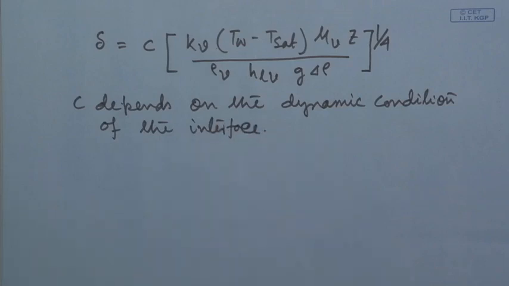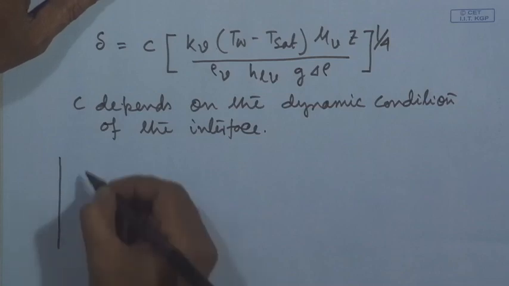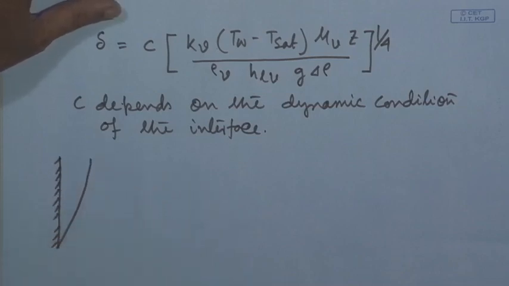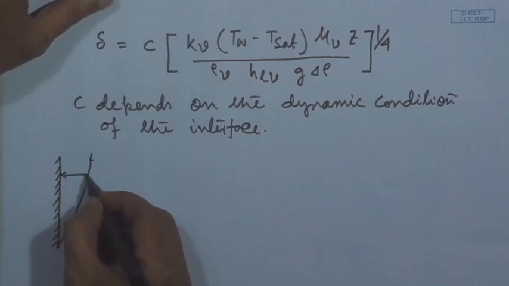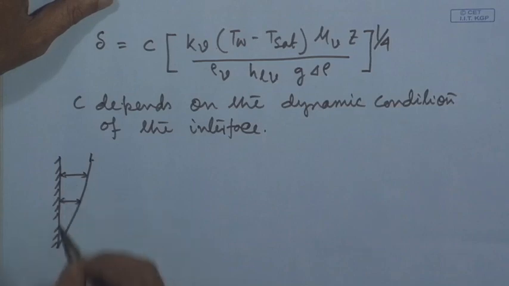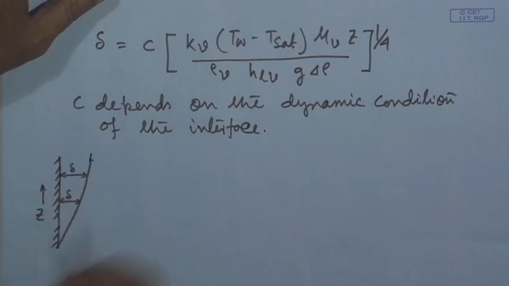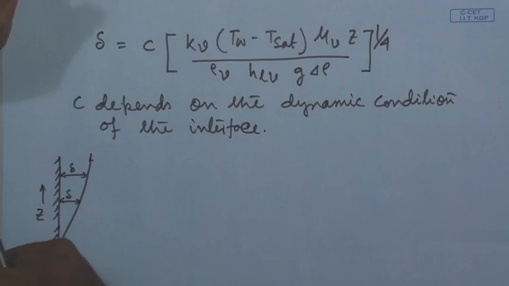So, we are getting delta as a function of z, and other things of course are the fluid properties. As we have already shown in the schematic of film boiling over a vertical surface, delta is changing with z, and that is what we have got from this relationship. It is not a linear relationship, it is a non-linear relationship,